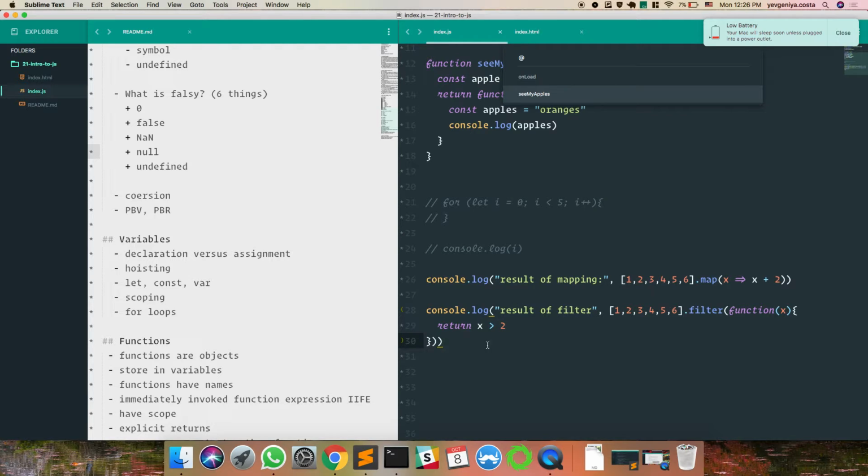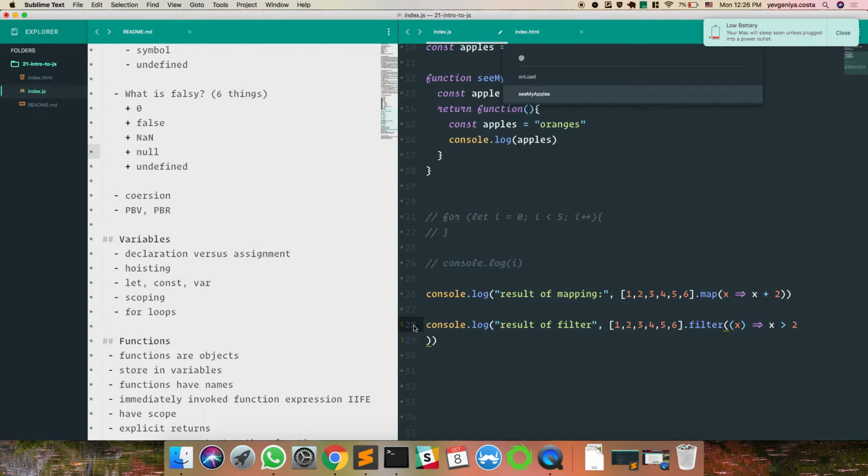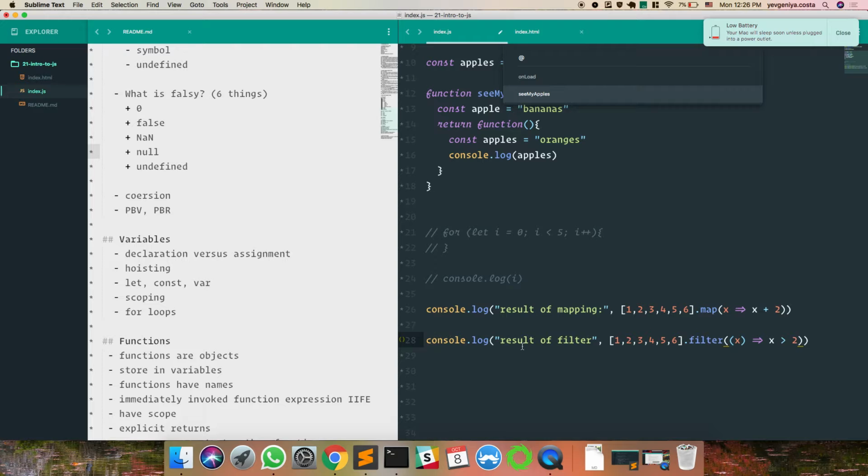And what's the shortcut way to do it in one line? Danny, do you know? We're trying to do a .filter in one line. Well, you could turn it into an arrow function. You put the arrow there, and then you can get rid of those braces. Just make it look like that one up above it. Very nice. So that's something you can do here.